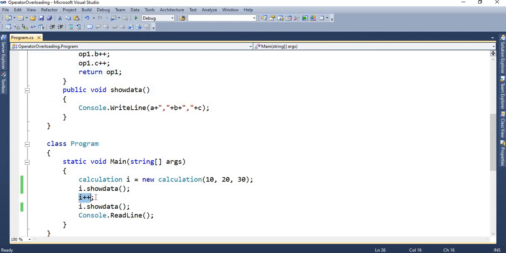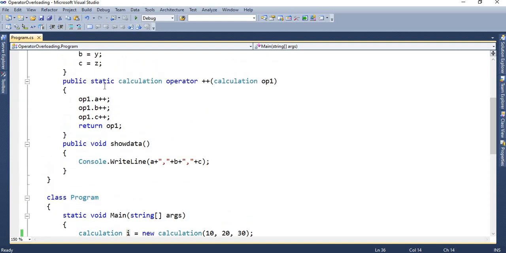Then I will call the operator i plus plus. With the help of the object i, I call the operator plus plus. So when plus plus is called, at that time this function will execute and give you output. What actually happens in that? In the argument, I have defined an object of the Calculation class.